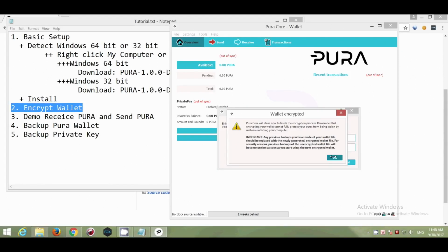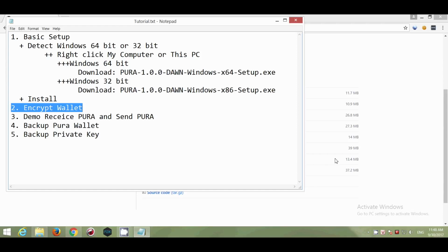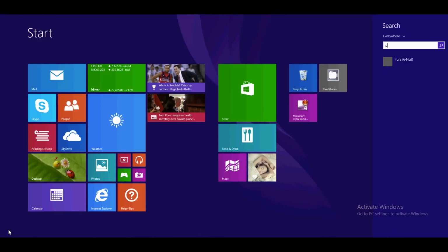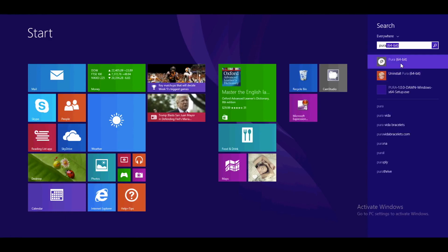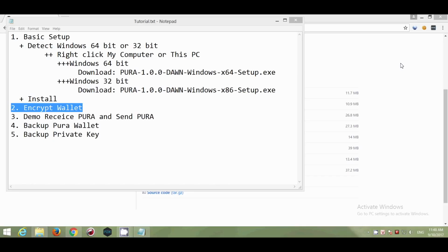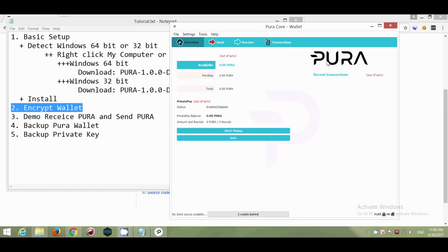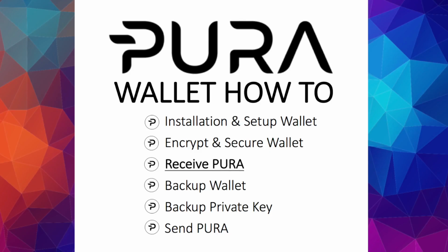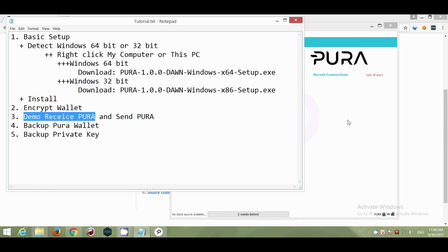And again, you get another warning window here. You click OK, and that is it. You have now completed your encryption. We are now relaunching the PURA wallet to open up again. And now we are going to demonstrate how to receive and how to send some PURA